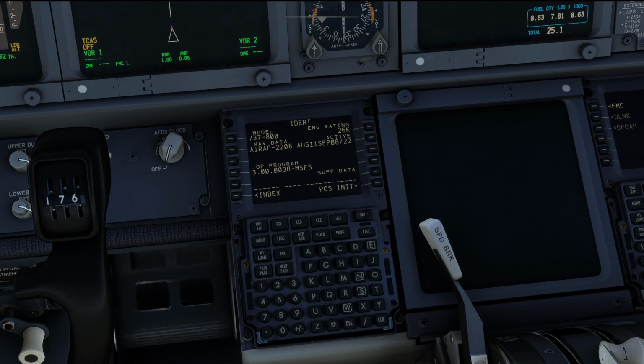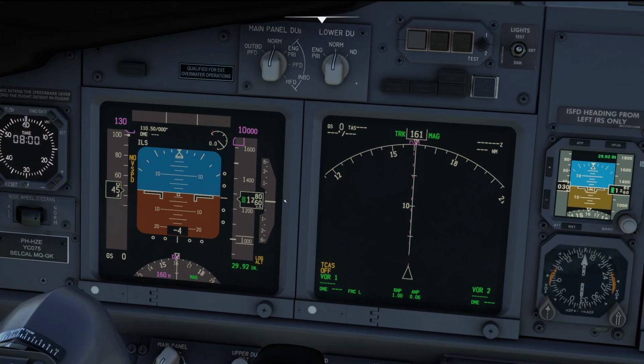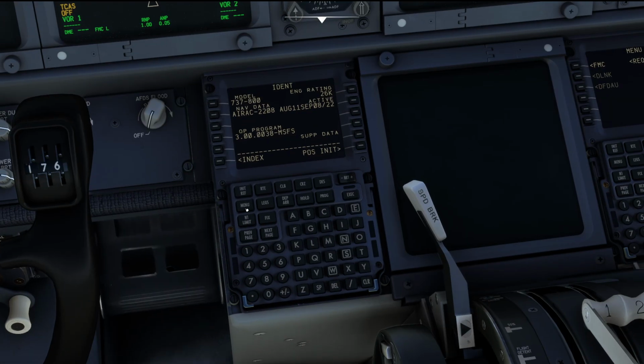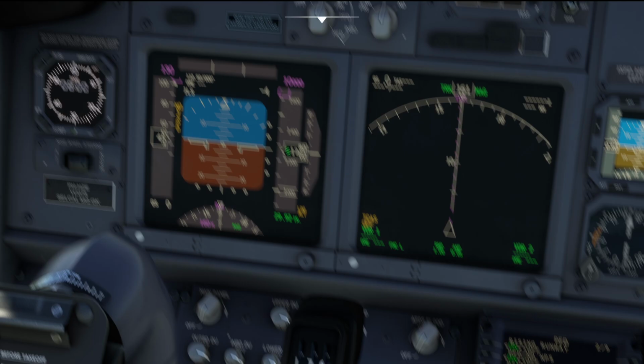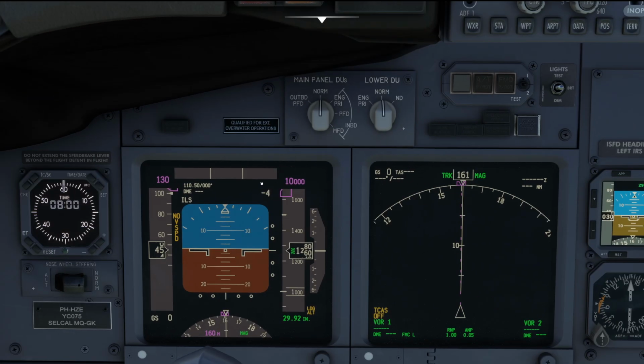Next up, also one of my personal favorites, is the round radio altitude indication that used to be incorrect on the primary flight display. So I'm not sure if the majority of you is even going to recognize it right now, but let me quickly turn the round radio altimeter on. So first of all, its position on the PFD has been moved left a little bit. So previously it used to be too much on the right hand side, now it's moved a bit more to the left. And when you're between 70 and 80 knots on the takeoff run, the round scale is actually going to show